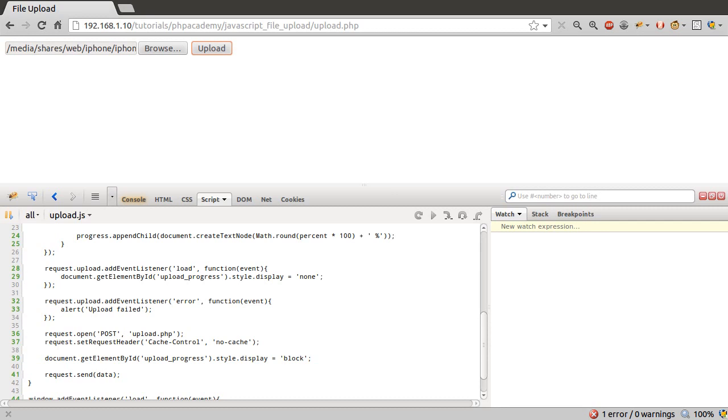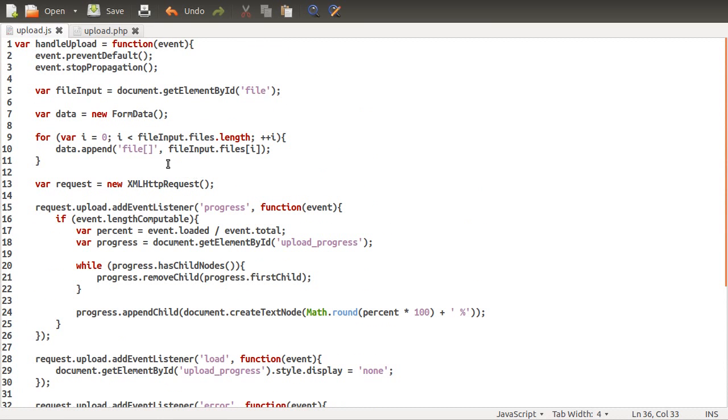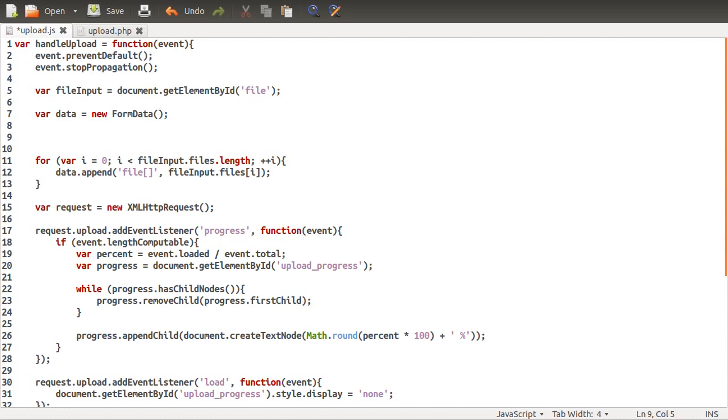So the next thing we need to do is work out how to get a response from the server. So what we're going to do is add an extra field to the form if it's submitted by JavaScript. So just up here where we create our form data object, what we're going to do is add a flag which is going to indicate that this was submitted from the JavaScript, not from the actual HTML form. So we'll just do data